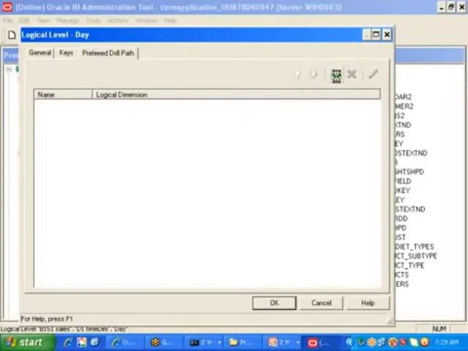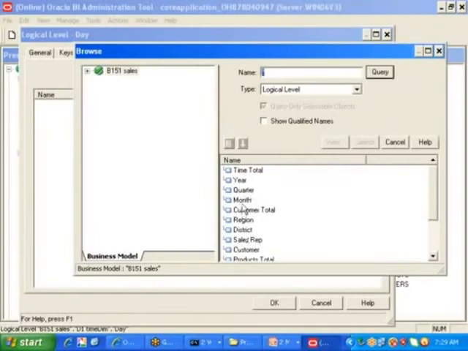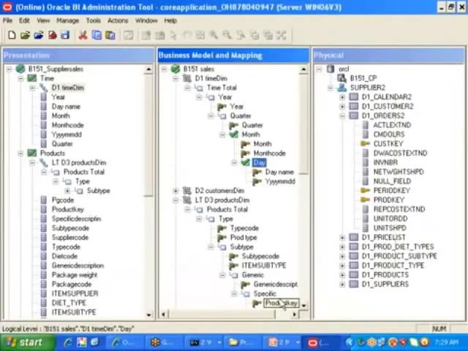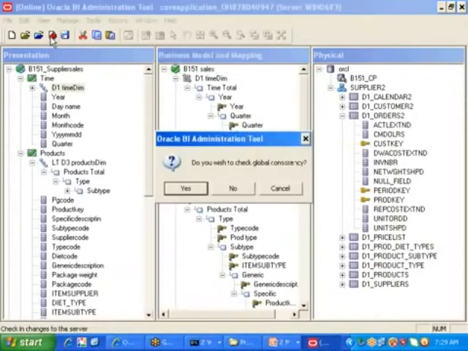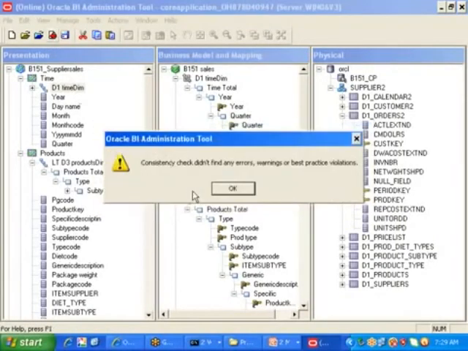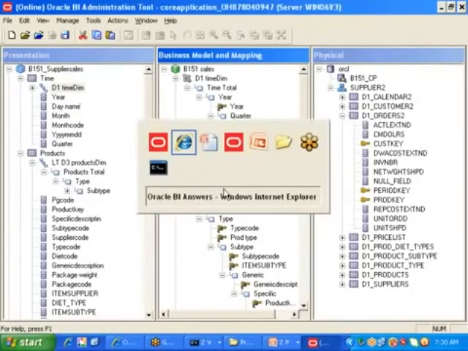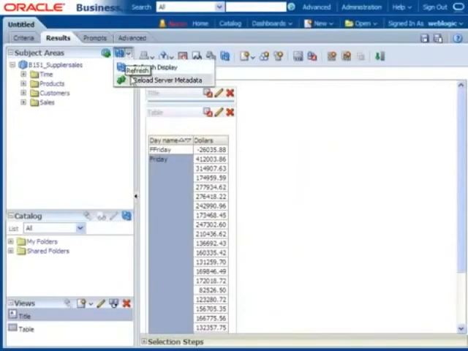So click on add here. Then what level do you want to move to? Month means month, region means region, district means district. Whatever level you want, you can select that level. Let us say I want to move to month level. Select month. Click on select. Click on OK. Now, check in changes. Click OK. Now, if you go to the front end, reload server metadata.